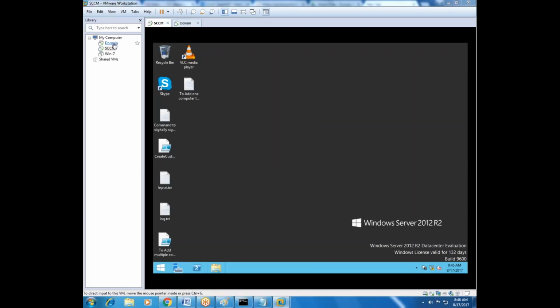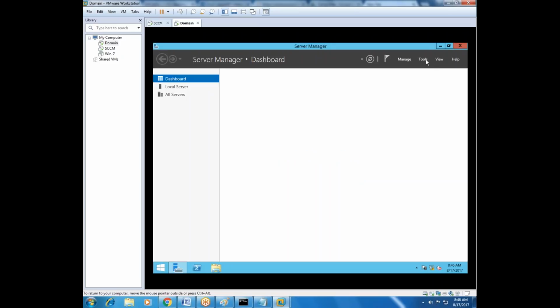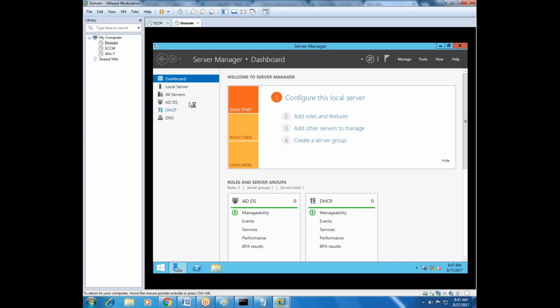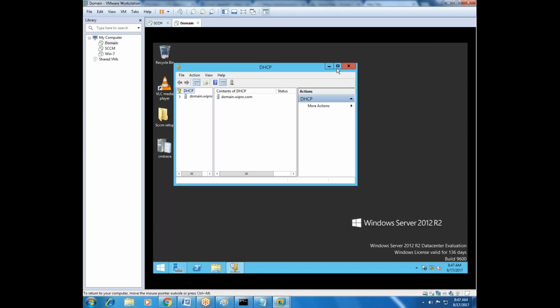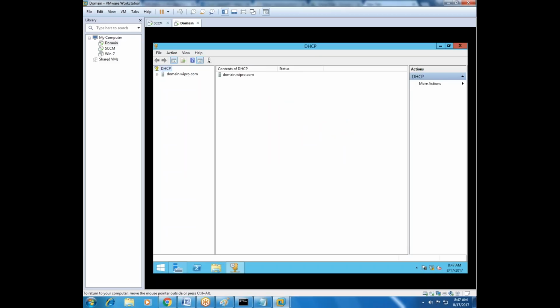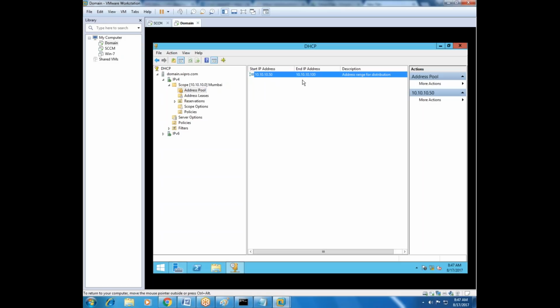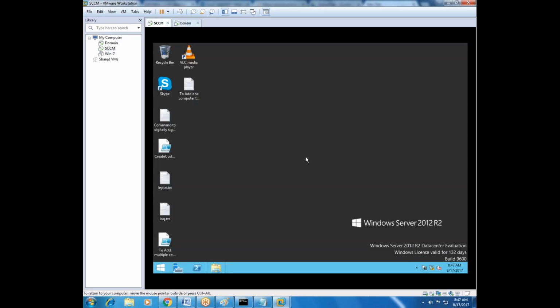What we are going to do: my domain is here, and I have my DHCP server running here. The same thing which I have done with you guys, I have already performed here. So the DHCP server is here. You see the domain, just the name is different. It is pepsi, it is wipro.com. You guys have pepsi.com, and I have my Mumbai scope, from 50 to 100. So I'm giving only a 50 range, so that only 50 computers can be built. So that's fine. Then I went to SCCM,